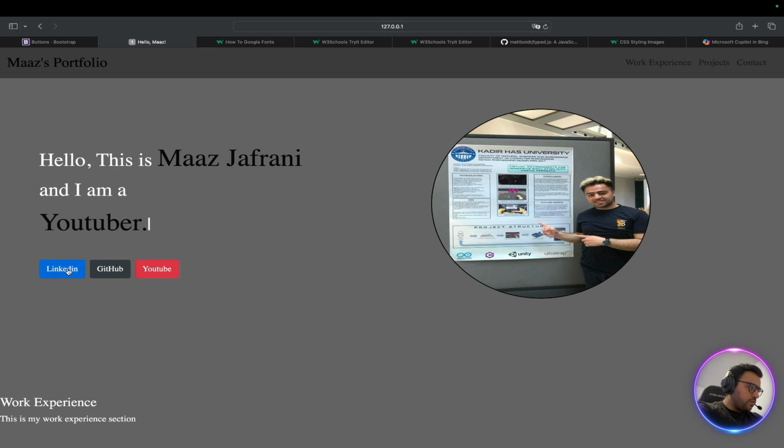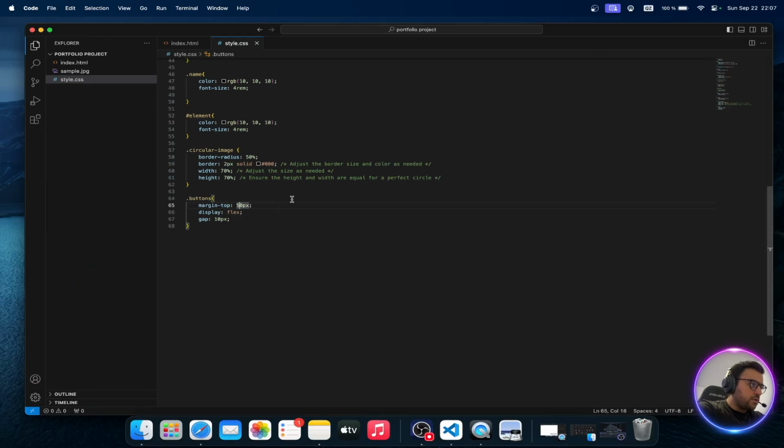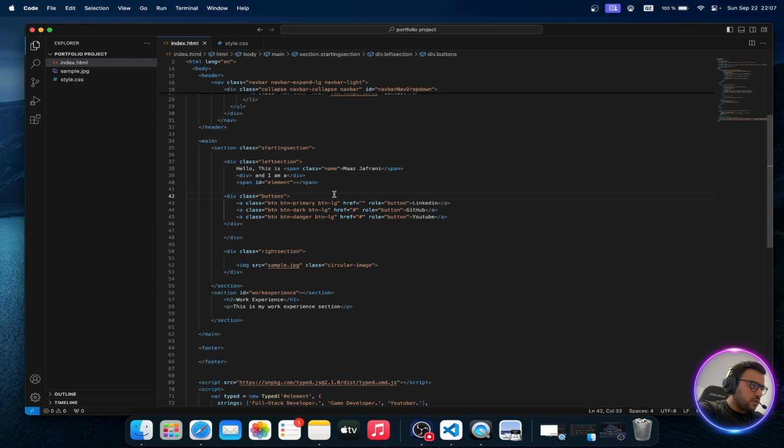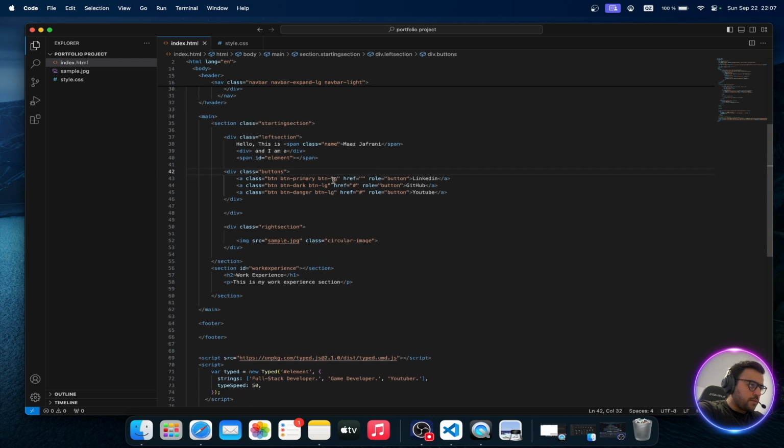And I'll try to make this LinkedIn button a bit wider. So for that, button large, and for LinkedIn I'll call it LinkedIn button. Or maybe what I'll do is